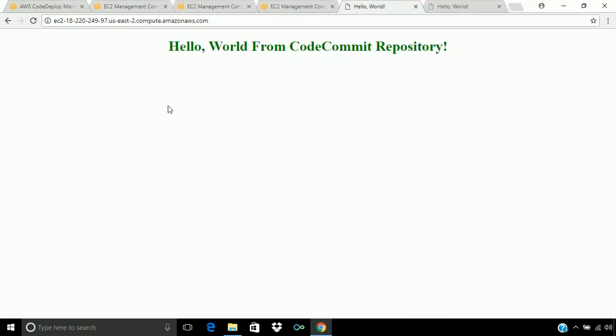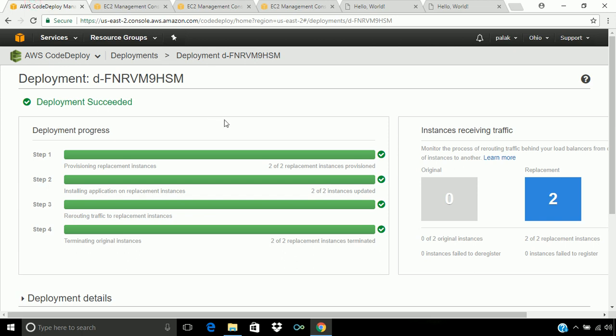So it will be easy for us to modify any code change in production, and then route the traffic to that modified website, so that there is no time gap. So this is all about CodeDeploy. Now let's move ahead with our last module, that is CodePipeline.